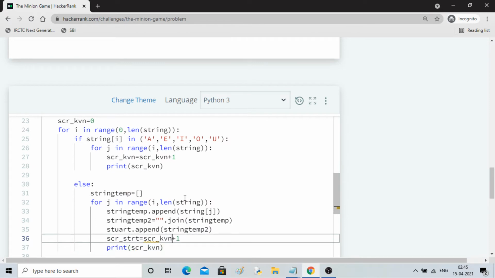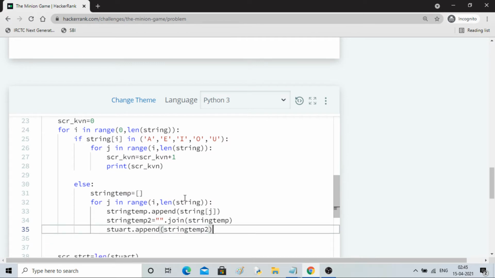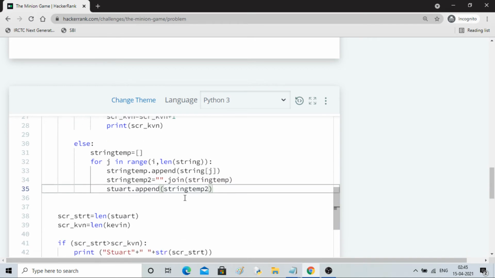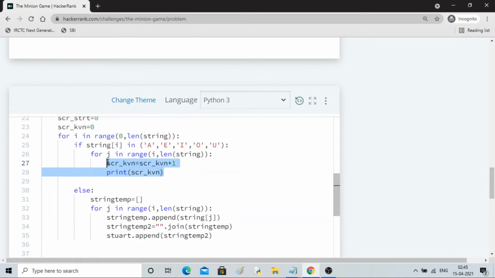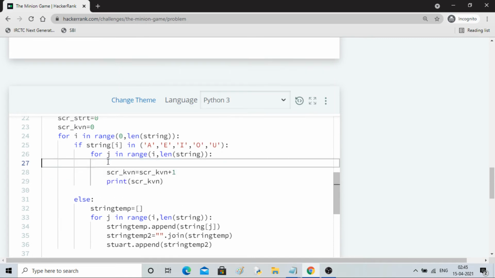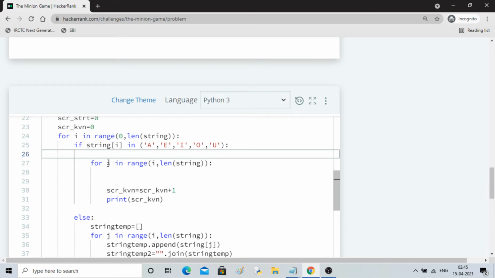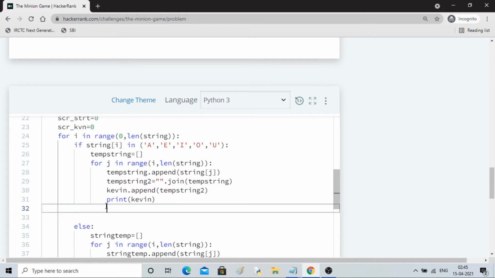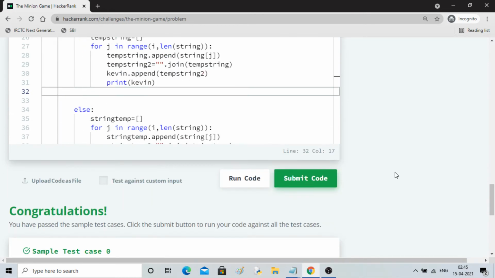So let me remove this also. Now it is fine. Okay, I'll show you the difference, what the problem is in this code, why I am not submitting it.